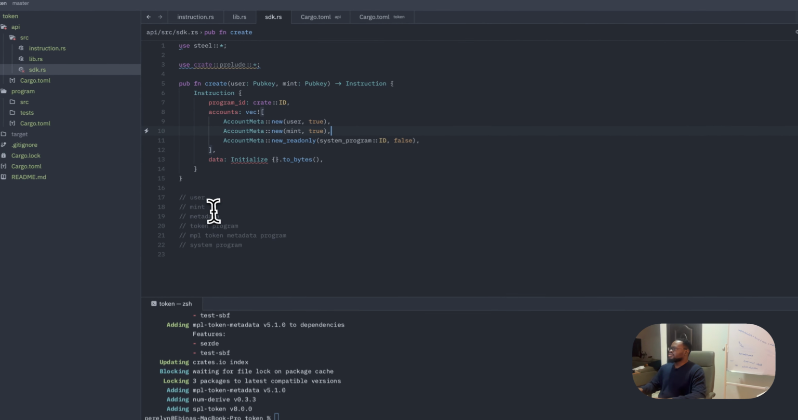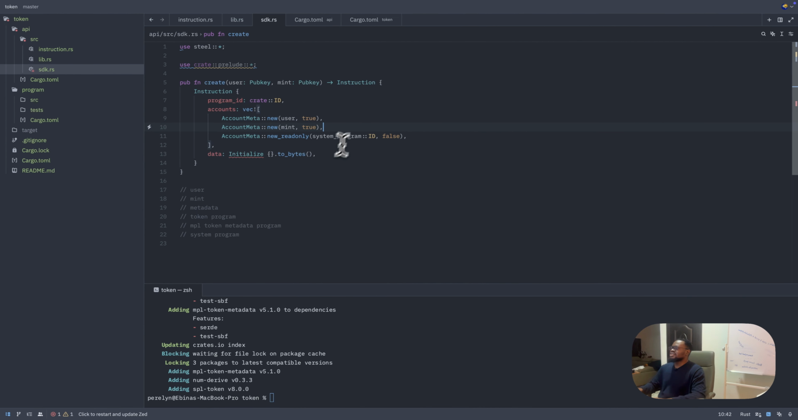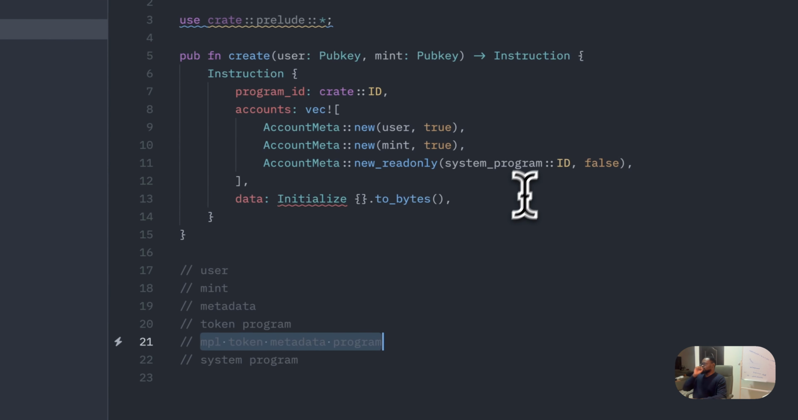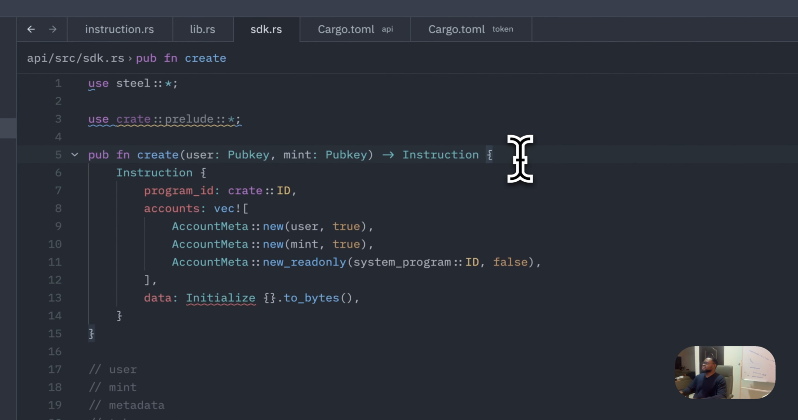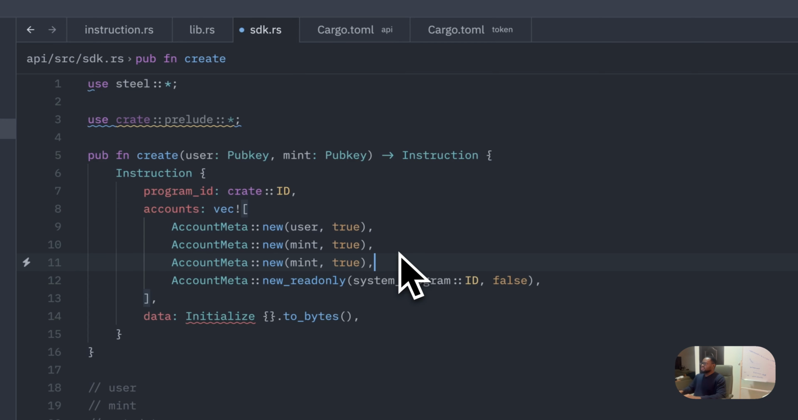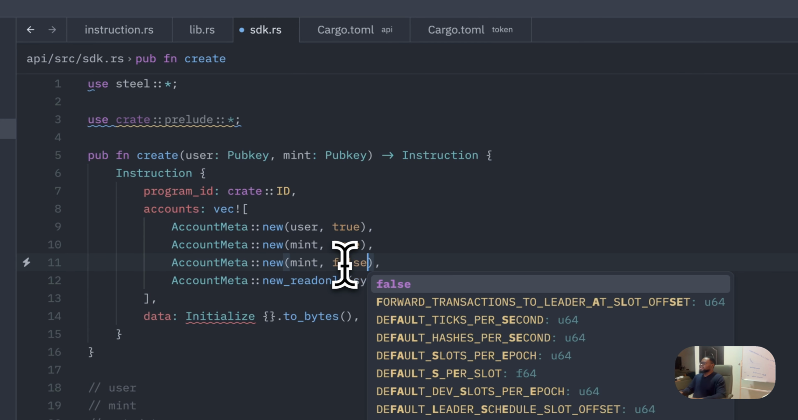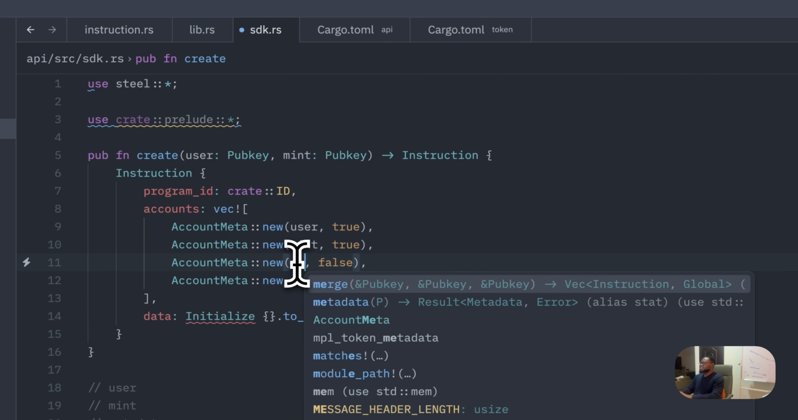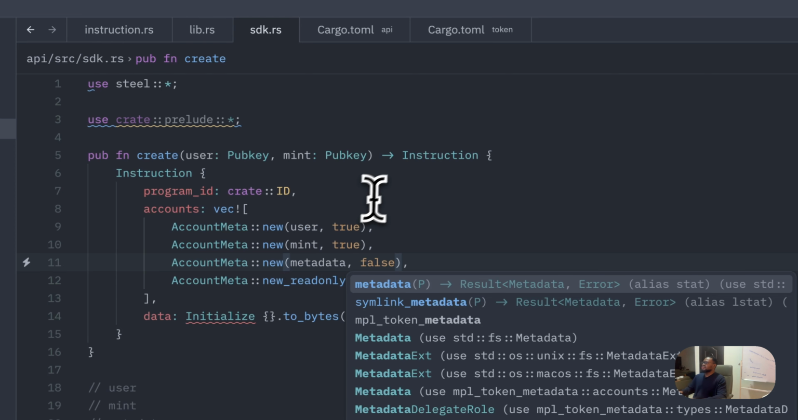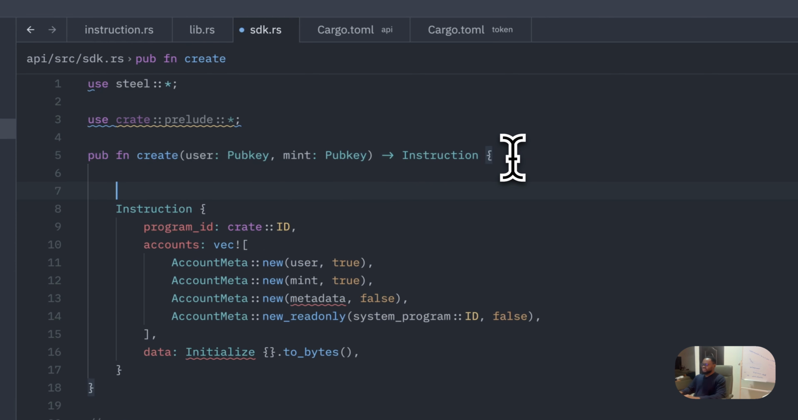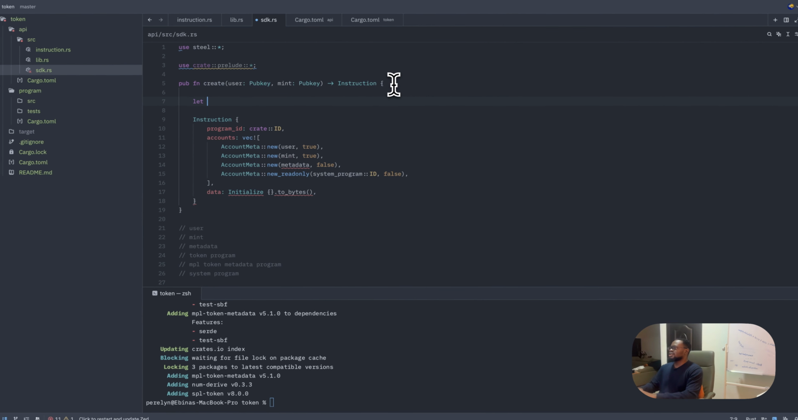So after mint we need metadata. Metadata is just the MPL token metadata PDA, the PDA to store the metadata for our program. That is not going to be a signer. So we can just call it metadata, and we can derive it ourselves. So it'd be like let